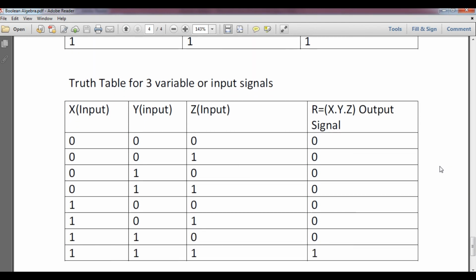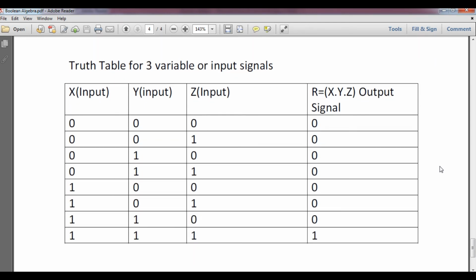Now student, we are going to understand the three variable operation in the logical AND operation. Here you can see x, y and z, there are three inputs, and here is our one output, which is equivalent to x dot y dot z. Every gate will produce only one output signal, it doesn't depend on how many input signals it takes. So as I taught you, 0 into 0 into 0 will be 0, and 0 into 0 again 0, and this 0 multiplied by 1 will again be 0.